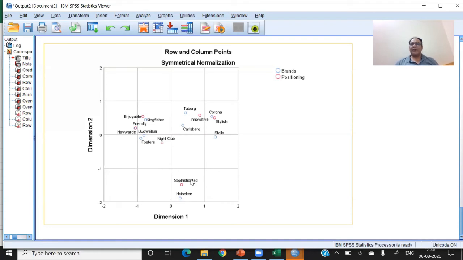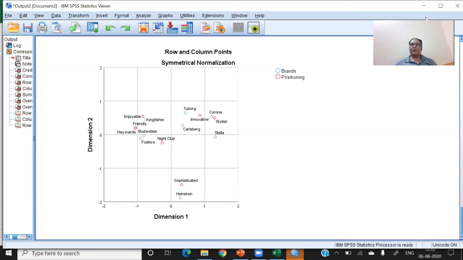We have a clear answer to the query, and you can report this chart as well as the chi-square table, as well as the row table and column table in the paper. Your one paper is complete, right? So from a research perspective, this is a very easy but very effective technique. Correspondence analysis is most used in marketing research, and you know only two things: what is the image and what is the brand. There are different kinds of examples you can imagine in your areas where we can apply correspondence analysis. Now I am showing you one more example. After that, I hope it will be clear.